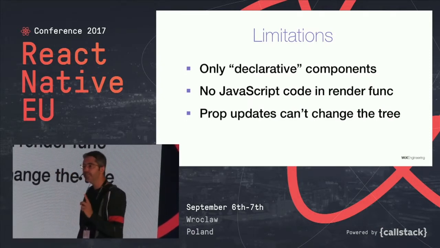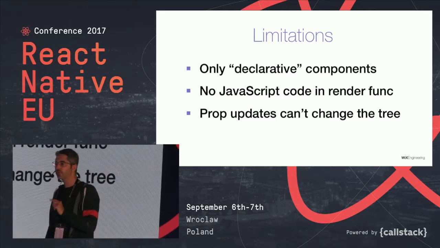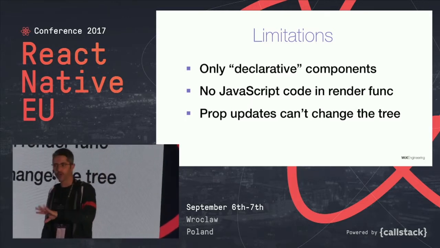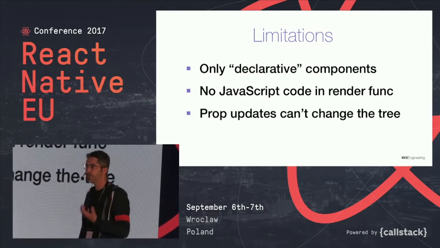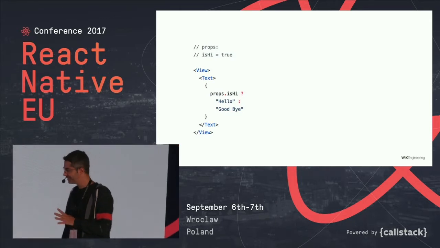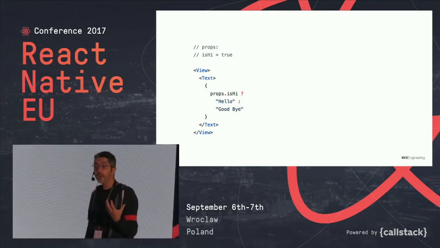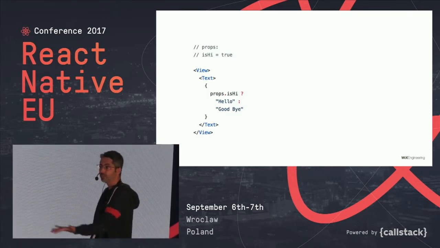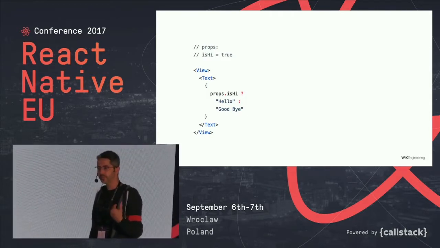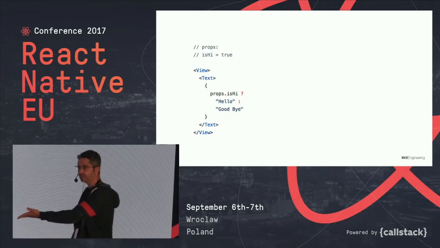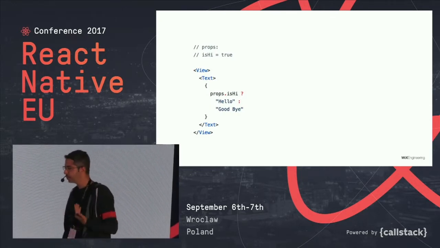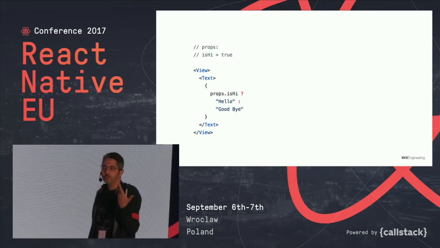And the prop updates that you do can't alter the tree. You can't have components in the tree disappearing and appearing, rendering or not rendering. All of them will be there because they're part of our recipe. So I have like 20 seconds left, so I'll show you an example. What happens when this limitation is what blocks you? Okay, I need some JavaScript code. So let's say in my cell in the list, I have some JavaScript code, like in this example. I want to render hello or goodbye based on a prop, which is a Boolean. What would you do in this case?